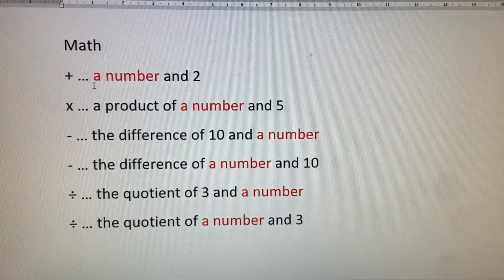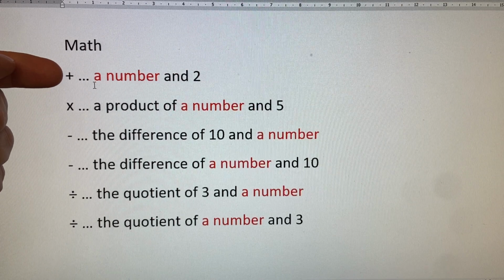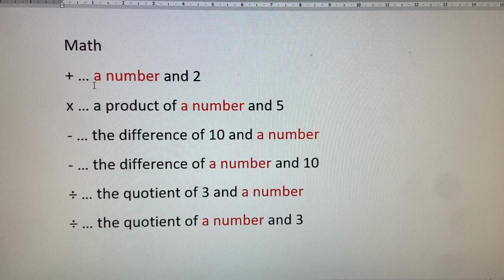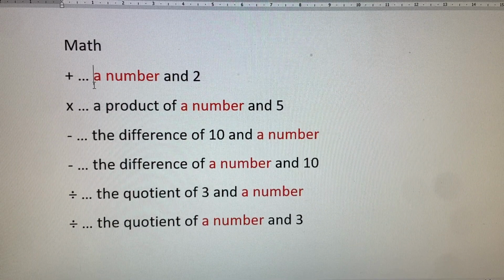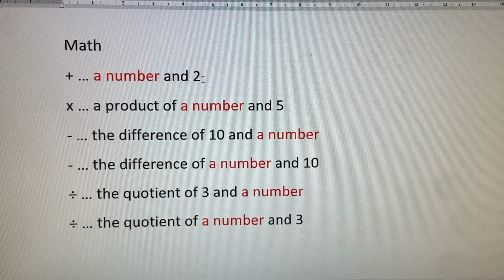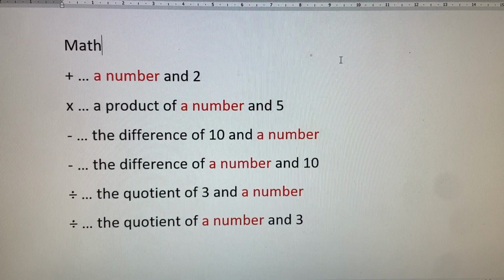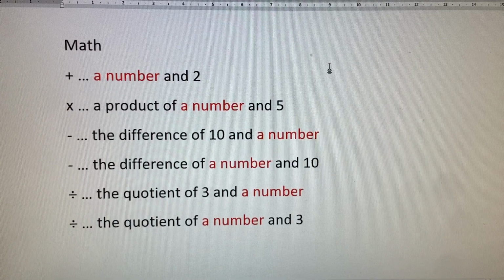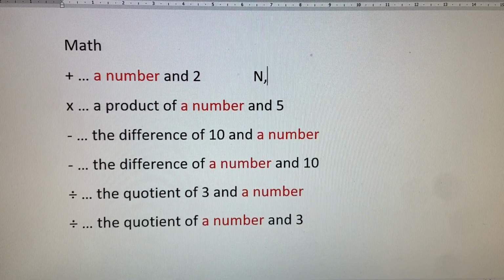Here are a number of English sentences. This one is an addition example, a multiplication example, 2 subtraction and 2 division examples. Here all of them feature the words a number. What do we do with these? It doesn't matter what quantity is also listed in the sentences, 2, 5, 10, 3, whatever. So what do we do with this number word in red? In algebraic expressions, the word number in red can be replaced with a letter N, capital uppercase letter,